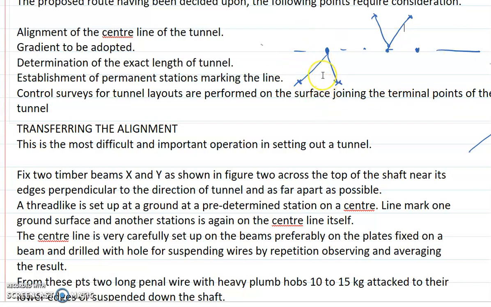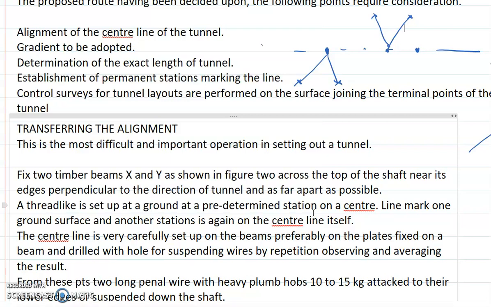Also, these points should not be replaced. You have to see that they are protected well on the side. The center line on the surface may be marked with stout pegs. The stakes that you are going to use should be very strong, and the nails that you will use on the stakes should be easily noticeable. So usually brass nails are used on the stakes to mark the points.